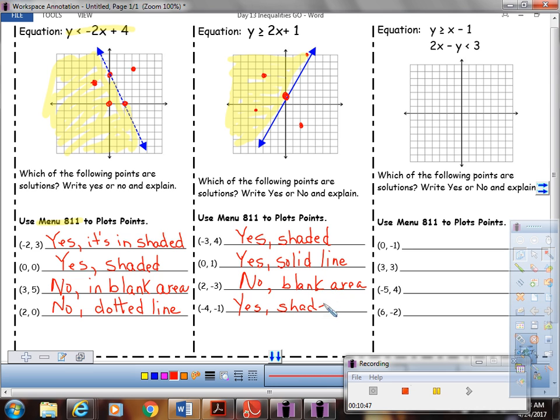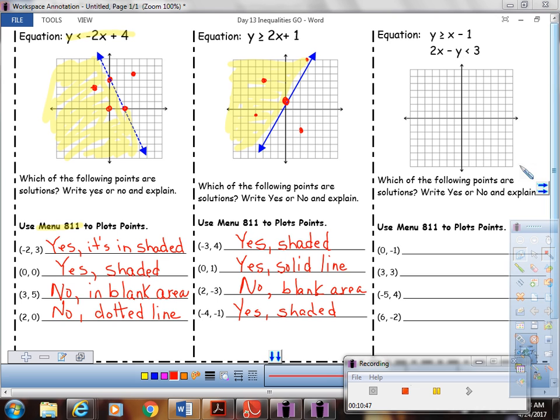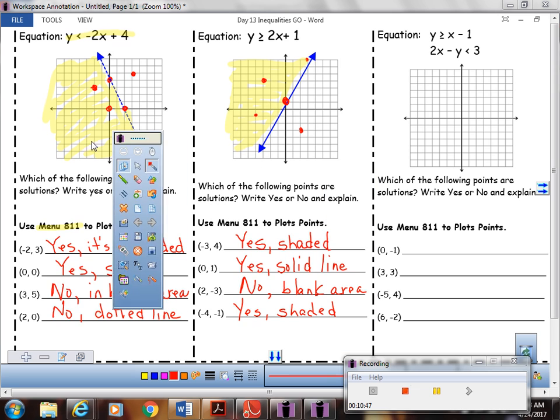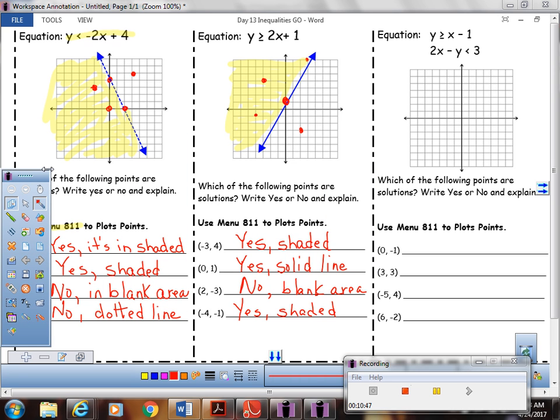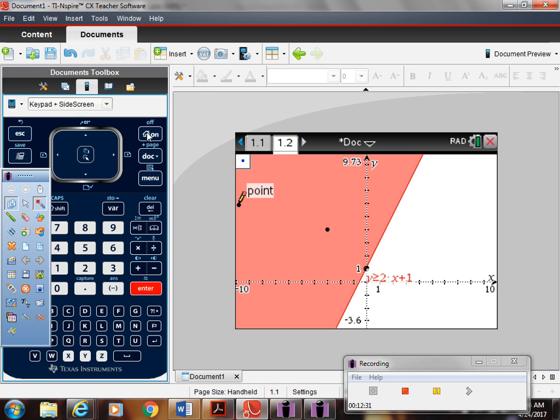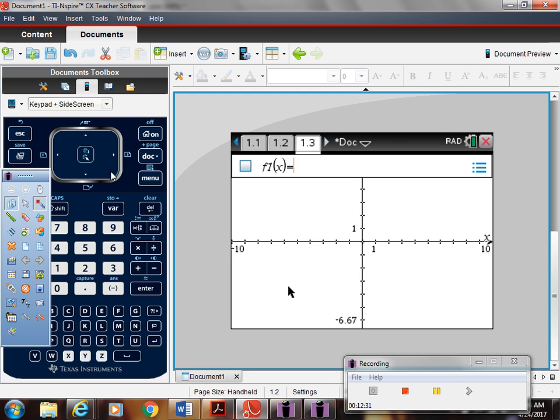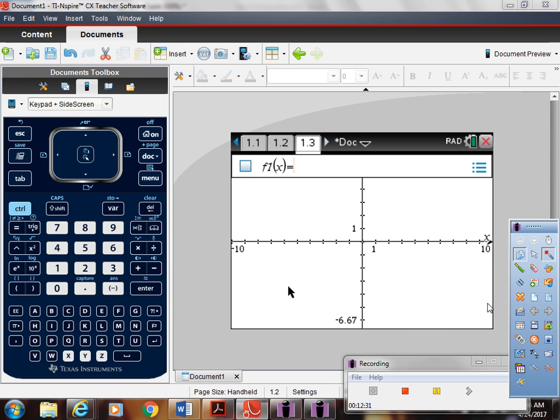Alright, so the next one, and last year they didn't test this, but they added some new stuff on the test this year. And this is one of the things they added. It's still an inequality, but there's 2 of them. So you're going to graph both of them, and where the shading overlaps, that's where your answers are, right? Y'all remember that? Yes. So let's try it. I mean, let's practice it, because it is a little different. There's 2 of them, but it's kind of the same type of problem.